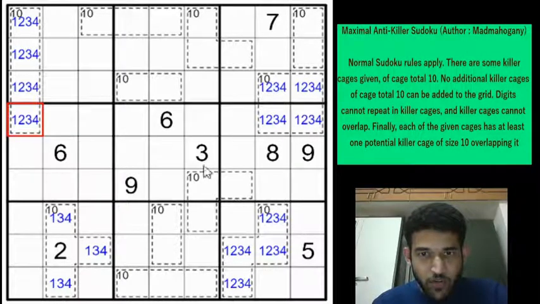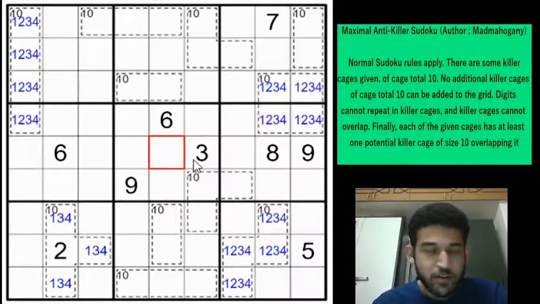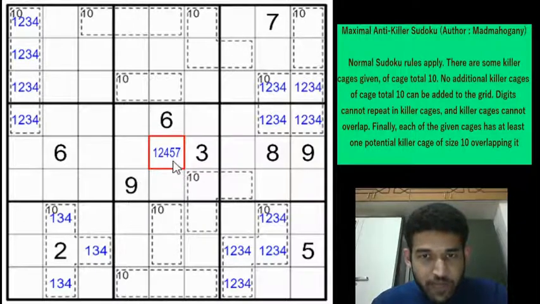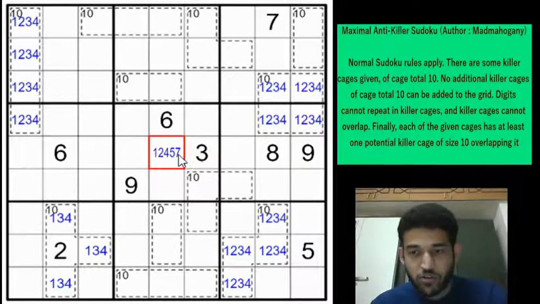So let's focus a little bit on box 5 because it has a high concentration of digits in rows 4, 5 and 6. Now we know that there cannot be any other cage of any length, it can be 2, it can be 3 or 4, which sum up to 10 and which is not overlapping with any of the given cages. So if you look at row 5 column 5, the only possible digits are 1, 2, 4, 5 and 7. Right? Now can we have a 7 here? Because if you have a 7, then you are getting a 2 cell killer cage which is summing up to 10. So you can't have a 7.